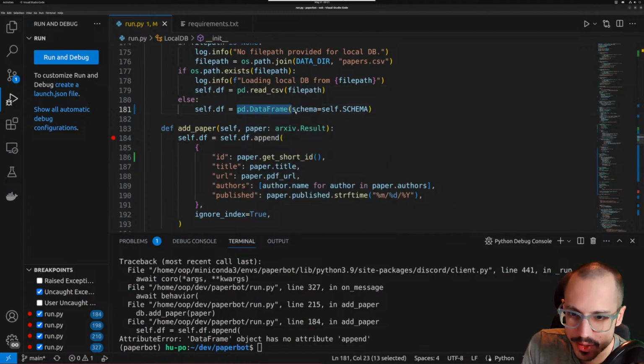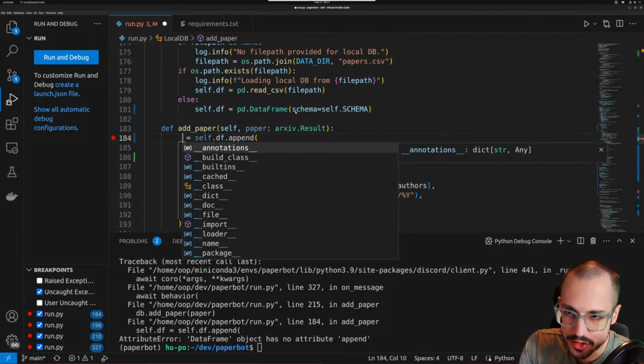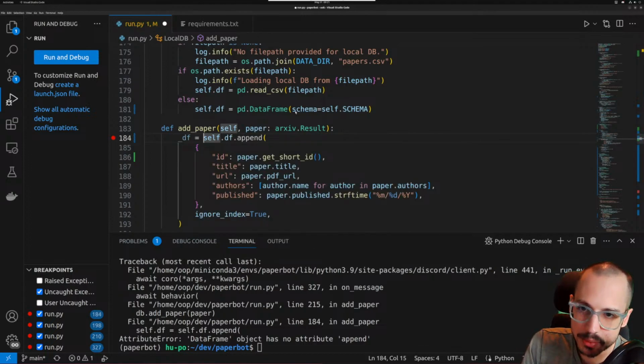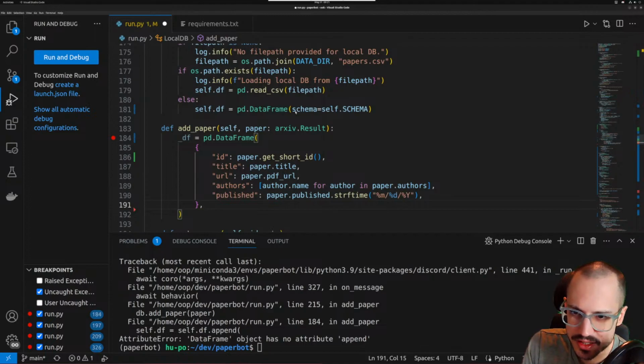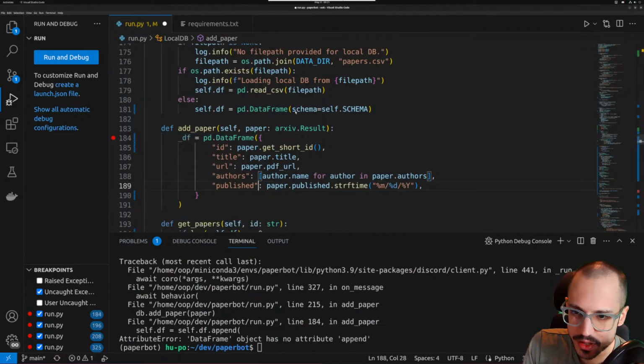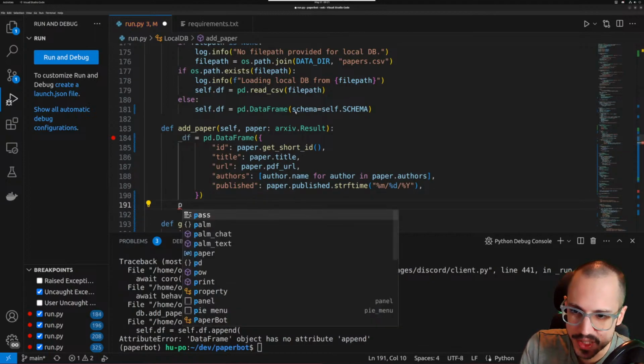We'll do that. We'll go here. We'll say new_df, just because it's a temporary variable. We'll make a data frame. The data frame will have that. We don't need this ignore index. We might have to say from dict or something like that. We'll see if it actually works. And then we'll say